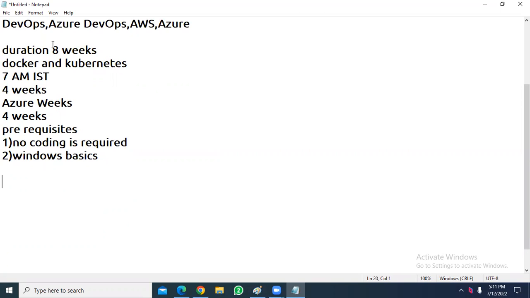After that we will see the benefits of Azure DevOps, the job opportunities, and the pay for Azure DevOps roles. We are going to discuss everything today.